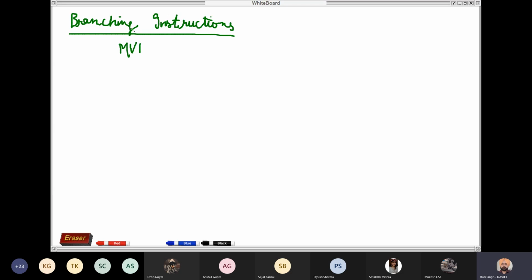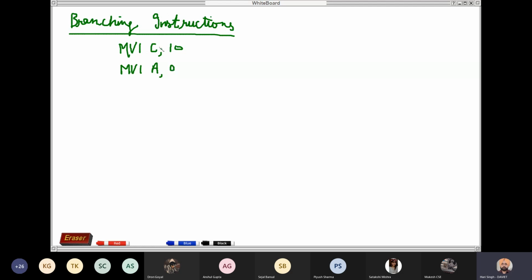So the first instruction is MVI, and the next instruction is MVI. These are data transfer instructions we have already discussed in our previous set of instructions.